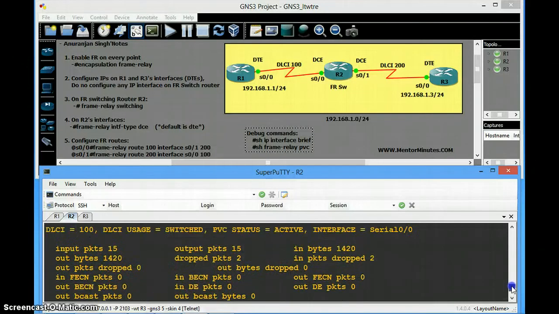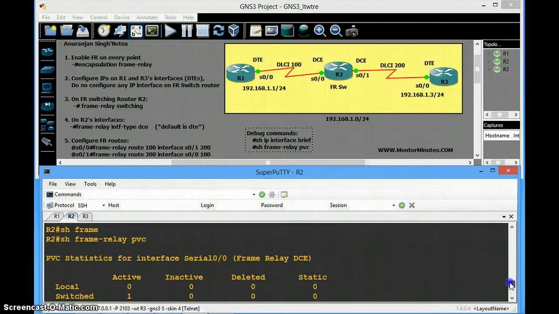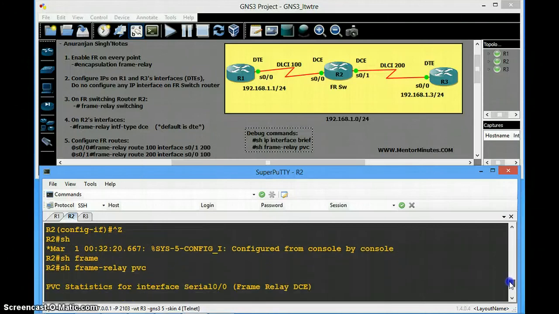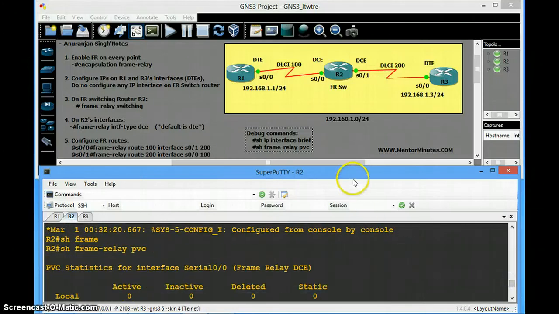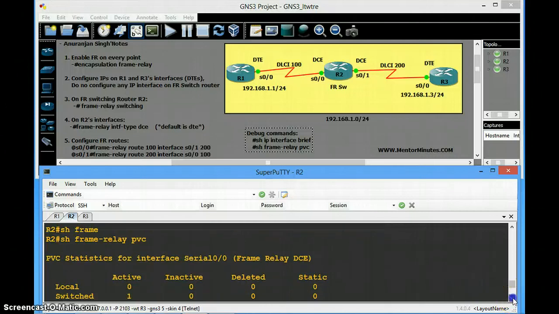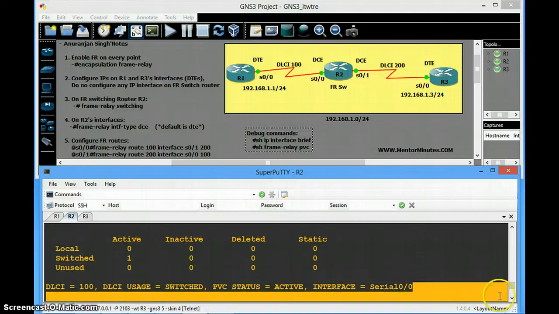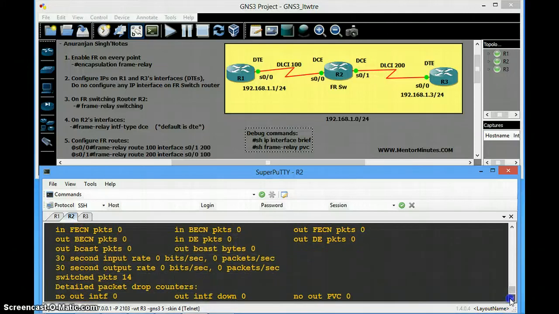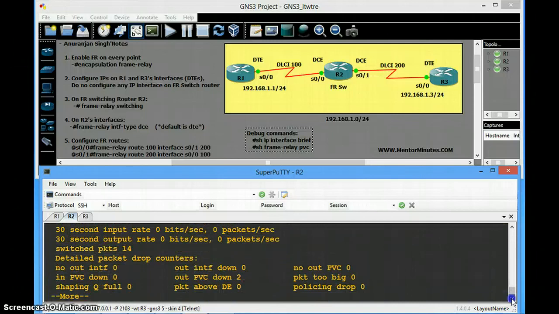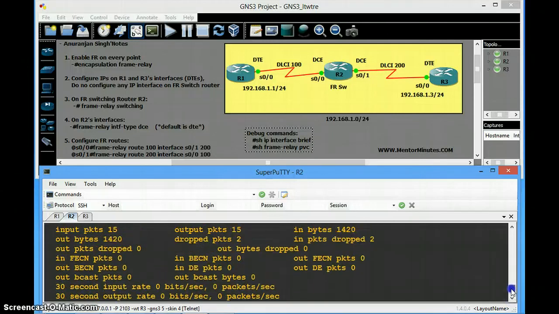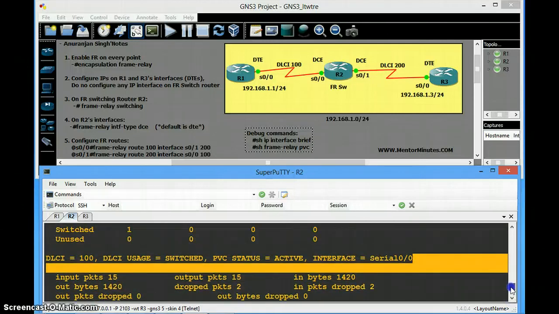So look at here at R2, switched, DLCI value 100, serial interface is okay, active.